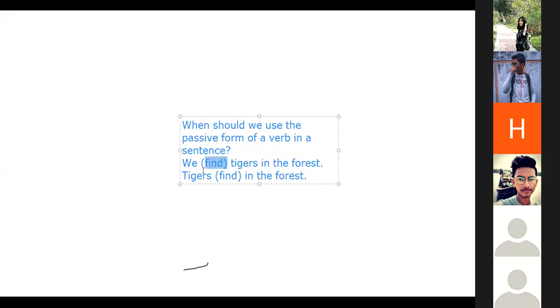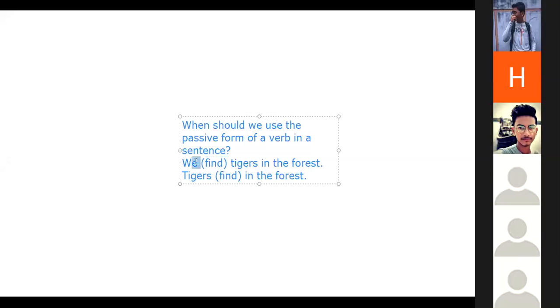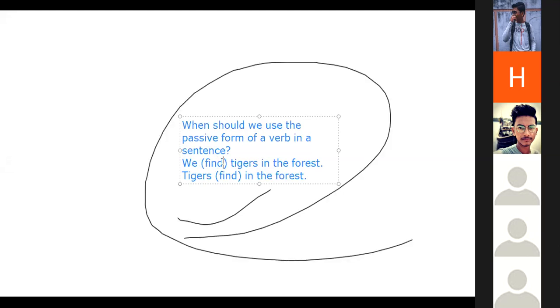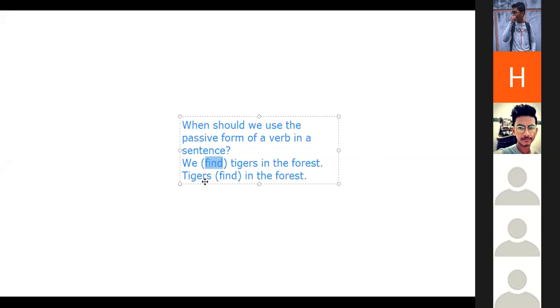এখন আমি এই বাক্যে দেখছি ফাইন্ড আছে, ফাইন্ড মানে দেখা। এখন দেখা একটা কাজ, it's a verb. Now who is doing this action, or who is doing this work? এই ফাইন্ড করছে কে? আমার সাবজেক্ট এখানে আছে we. So subject is doing this function. If the subject does the function, যদি কোনো ভার্বের দ্বারা বোঝায় যে সাবজেক্ট নিজে কাজ করছে, তখন আমি ওই ভার্বটা অ্যাক্টিভ ফর্মে আছে এটা আমি ধরে নেব।